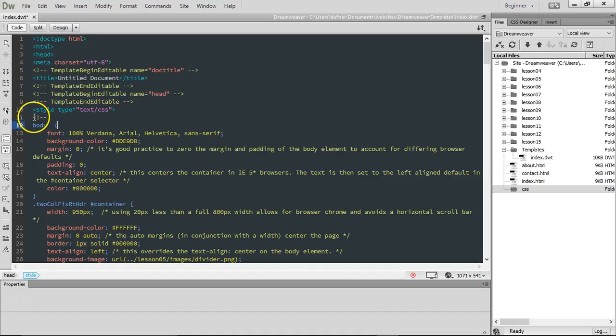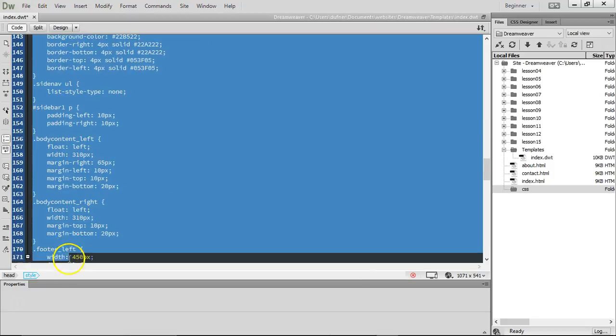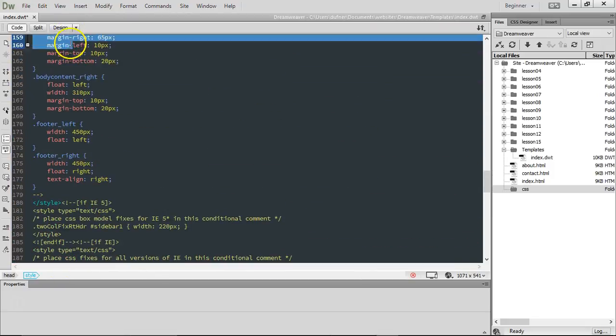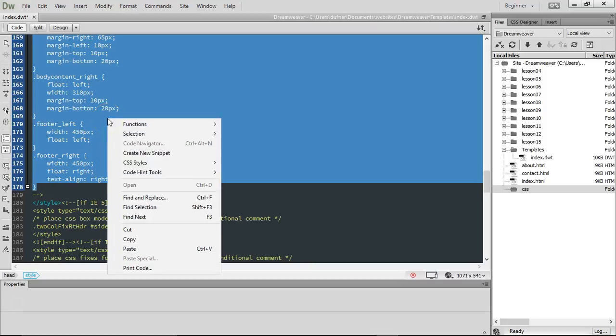There's a style sheet that starts here, and this is a comment tag. You want to start with the body here. Click and highlight down to the last style. The last style would be right here. You don't want to highlight this or this, the style. You just want to highlight the last parentheses. Right click on it